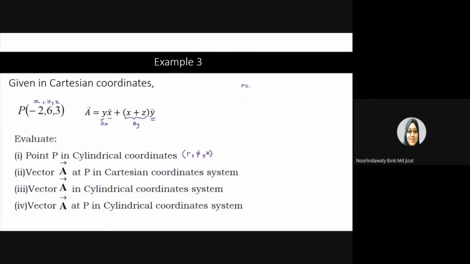Given the values of x, what formula can we use? Square root of x squared plus y squared. Okay, so referring to your appendix, r is equivalent to the square root of x squared plus y squared. This one is just a direct transformation from your appendix. You just need to substitute the values of x and y into this equation to find the radius. So this becomes the square root of -2 squared plus 6 squared. So what do you get? Square root of